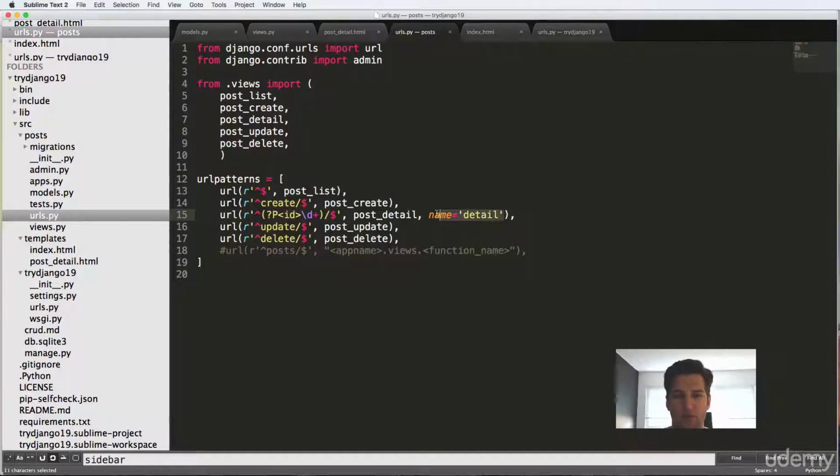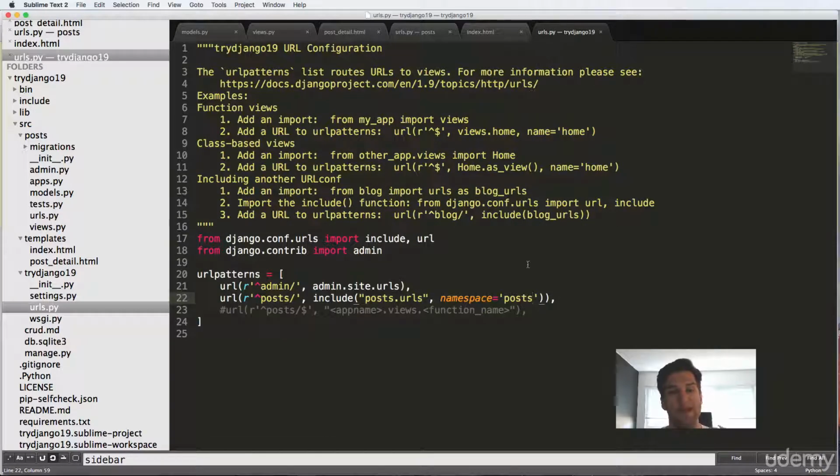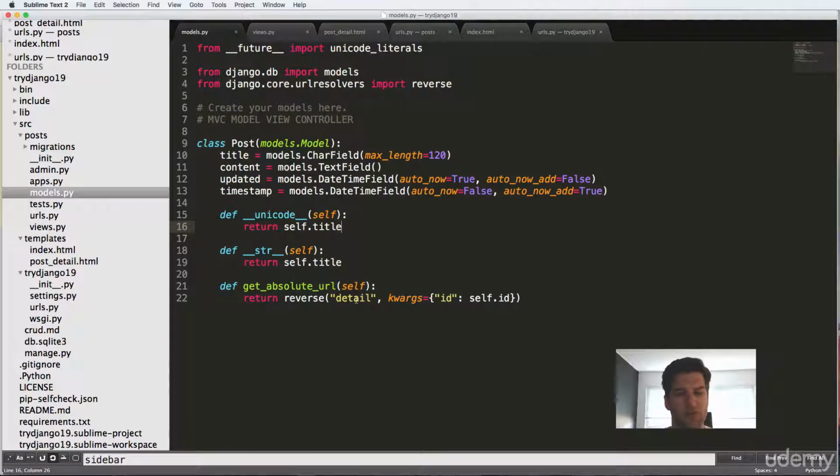Because the important part here with the URL name itself, you can only have one of them, right? You can't have multiple URLs with the name detail. It's going to raise errors there. So to compensate for that, we add a namespace for posts. So any other app that you want to use, you can just give it a namespace and then update how your URLs work specifically. So back in our models, we would go in, instead of reverse just detail, it'd be